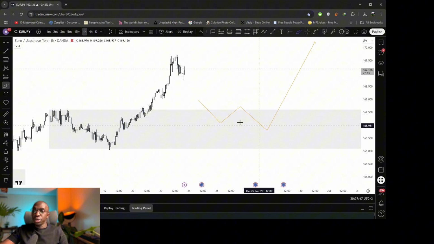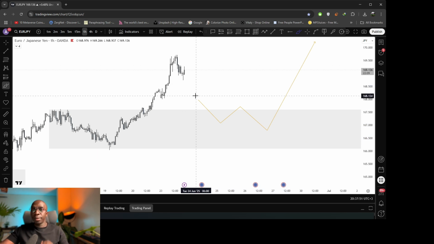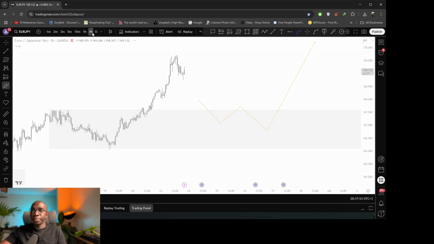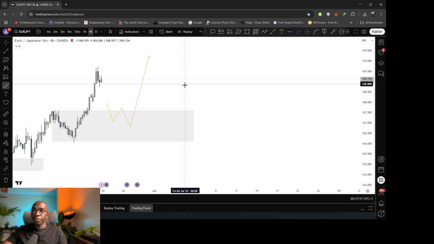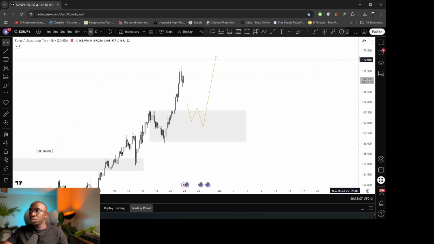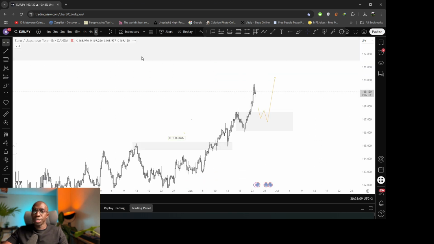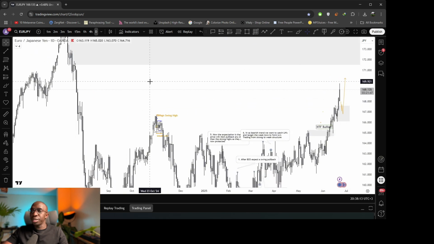What I'd be looking for is setting my alerts around these key zones right there. Looking at entries on the medium time frame, possibly on the 15-minute. And then with that said, I'd be looking for continuation buys to the upside. This is a very, very confident and aggressive push and a break of this key level. Let's see what it's looking like on the daily. Yes, yeah, with very minimal resistance as well